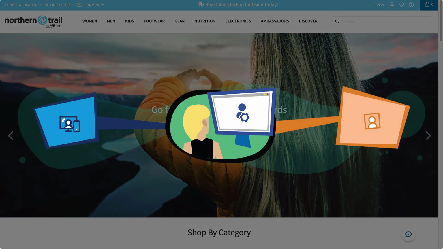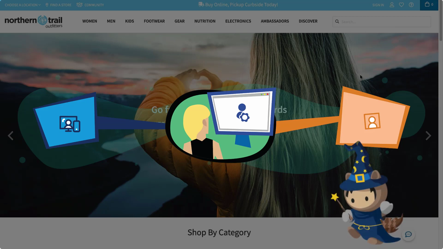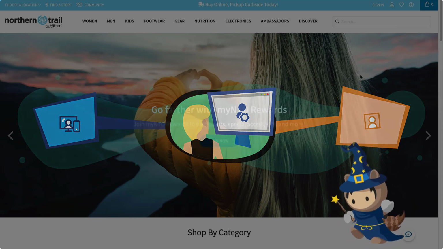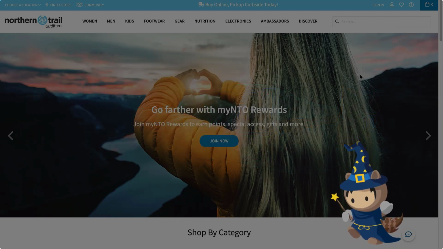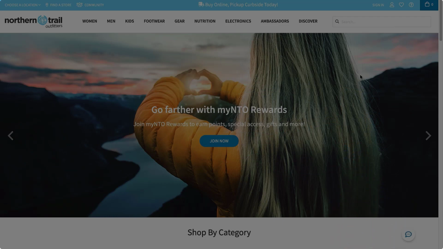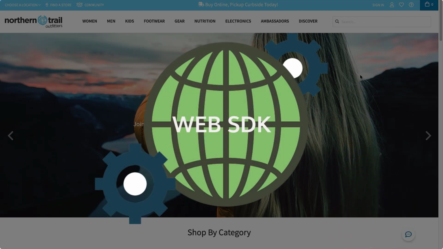Interaction Studio is a powerful platform that allows you to capture user behavior in real time on your website that then connects to an individual profile, allowing you to personalize their experience in the moment. However, the way this occurs is not always clear. Is it magic? Am I a wizard? Unfortunately, neither are true. The process is actually very straightforward and starts with our Web SDK.